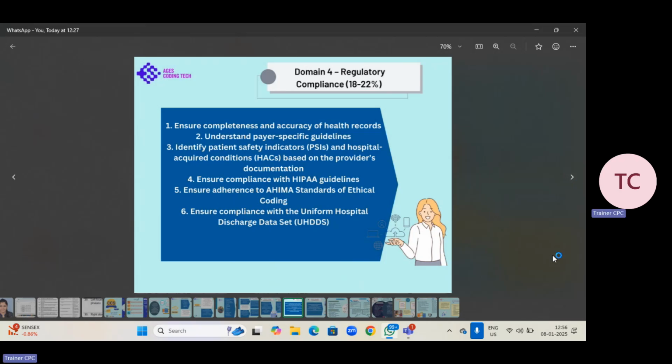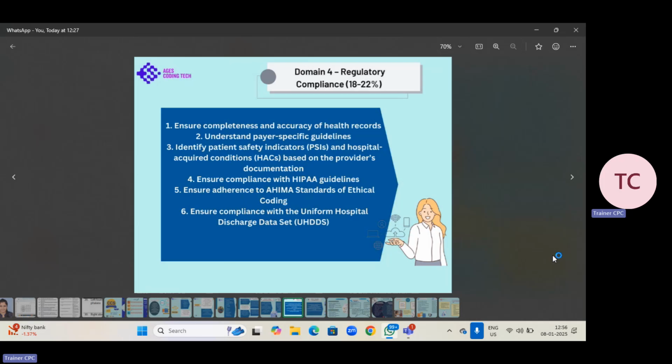Okay, so next coming to domain 4, from this you will be getting 18 to 22% of the questions. That is from regulatory compliance. So regulatory compliance means nothing but some rules and regulations which we need to follow. This is what compliance is. Some rules which we need to follow, which is nothing but